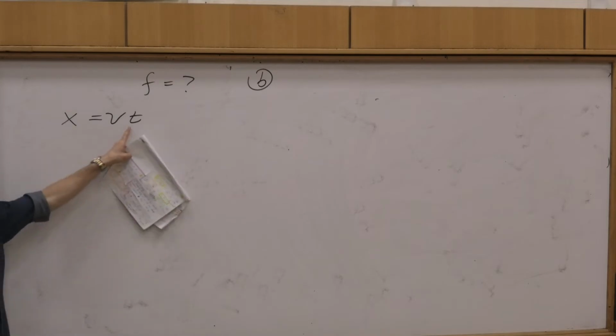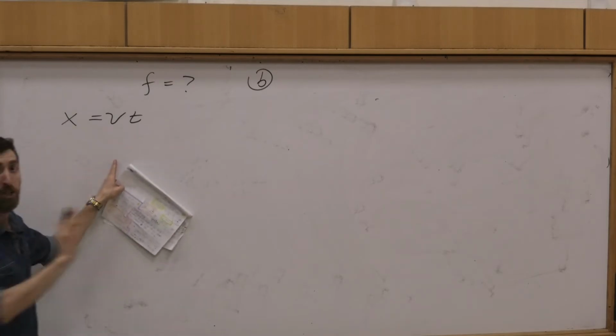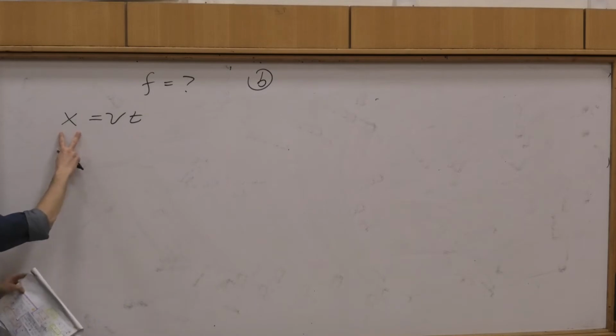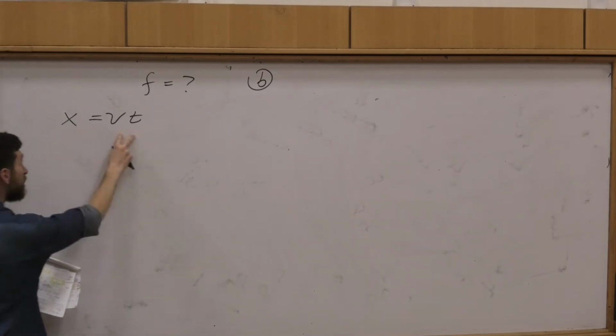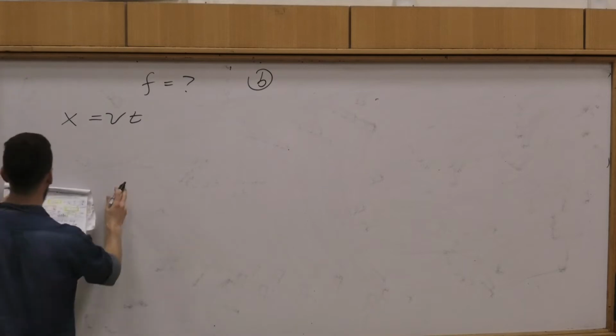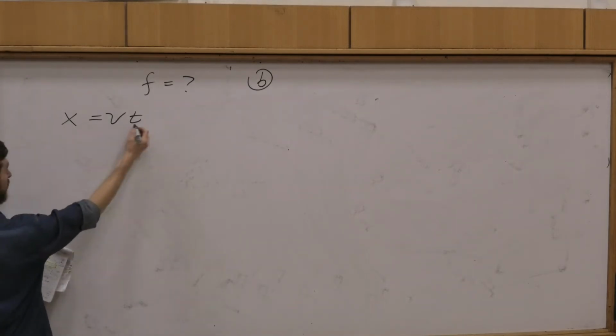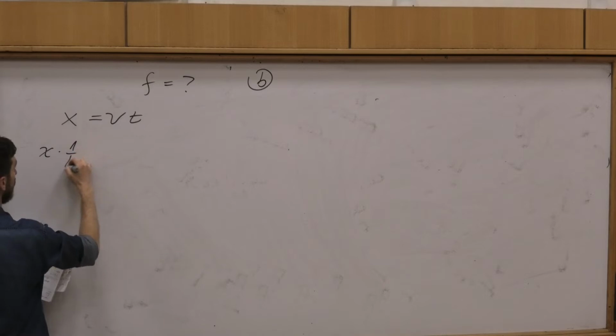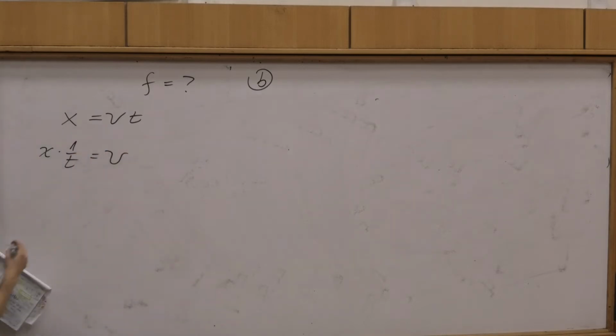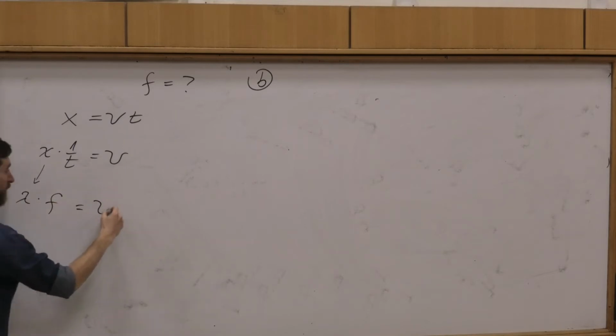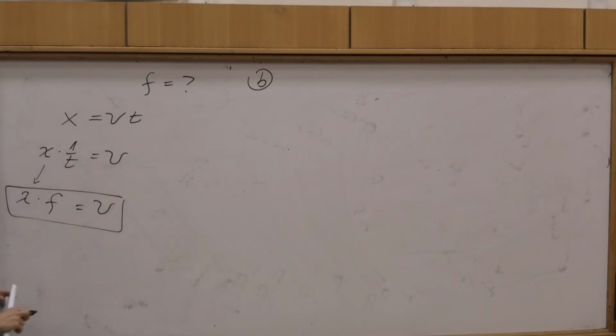Is x equal vt? It's a propagation motion. It's what's happened in location, velocity, and time. So we have a parallel idea in waves, which is this formula. We're going to divide it by t, 1 over t, and multiply by v. This is the distance that the wave actually did. This is the frequency, 1 over time, the tempo, how much time it takes to make it. And this is the velocity of the wave. So this is one of the two wave equations, okay?